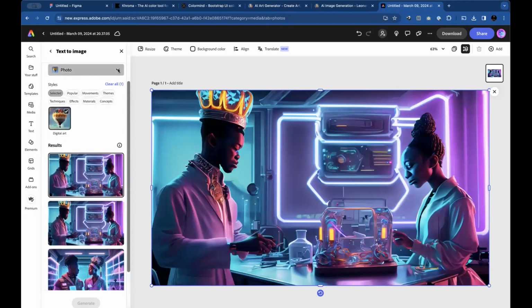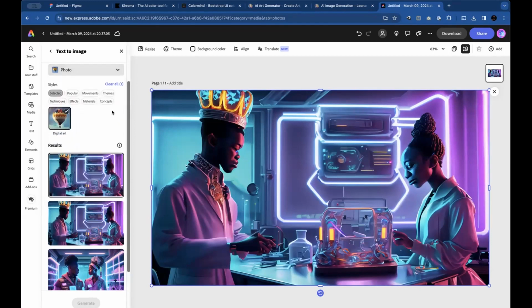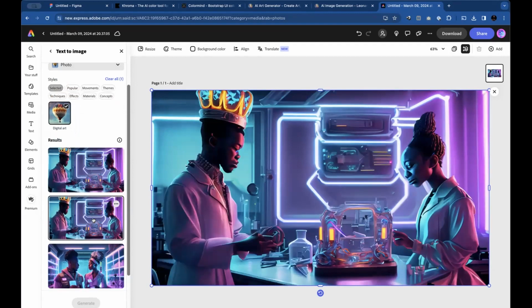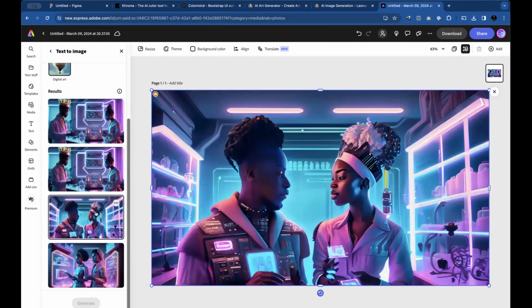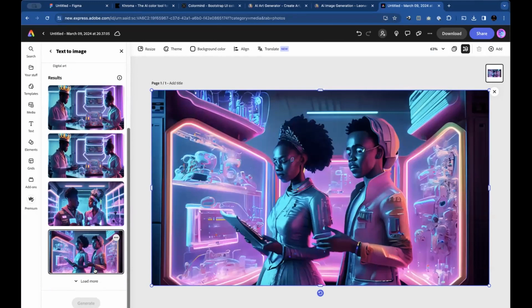You see content type, click on it, you can see photographic art and all of that. So that is just telling the AI the type of images that you want. You see, it is still bringing it up, but as I said, it's not as perfect as it should be, but it's trying its best. I mean, the face still needs work and all that. So that's that about this software. Okay. All right, we're moving on.